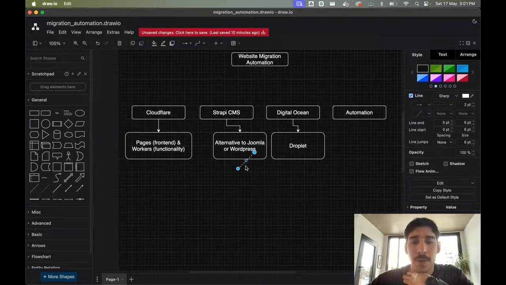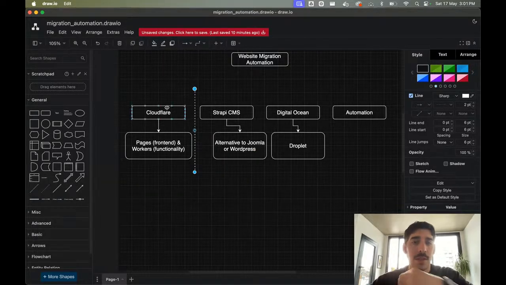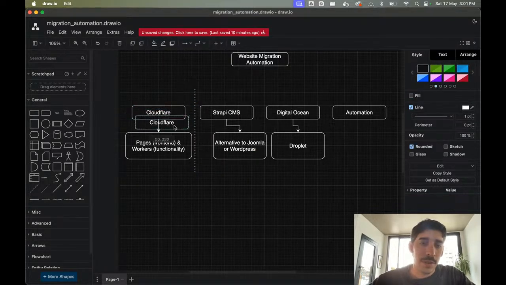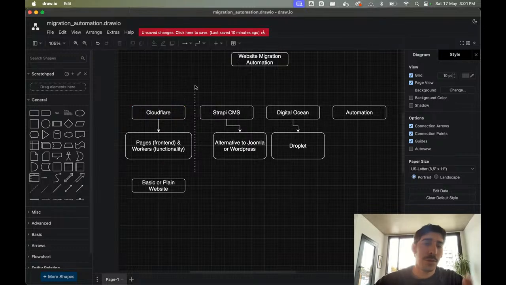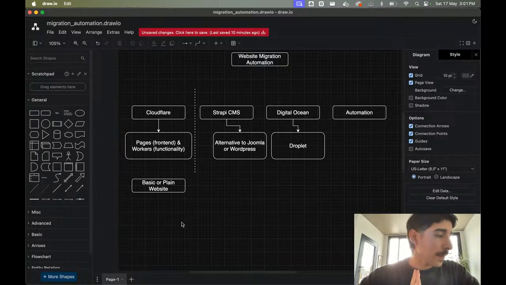What if you think about this in tiers? Say you have a separation in which this could be called a basic or plain website, in which you only use Cloudflare, or a very simple website.